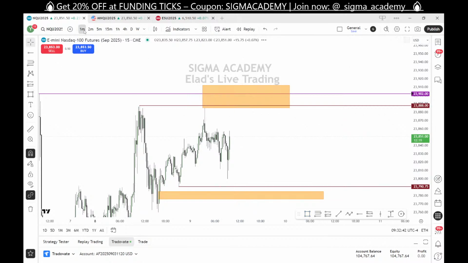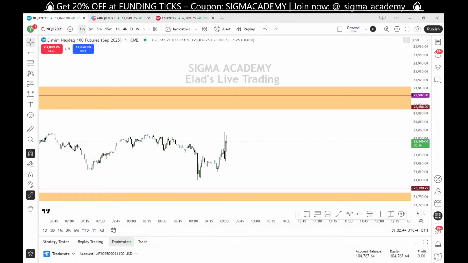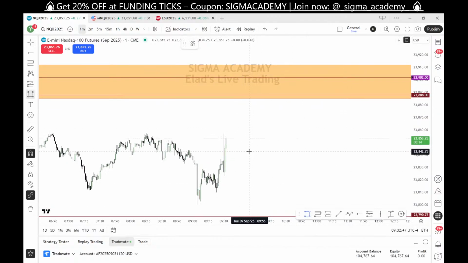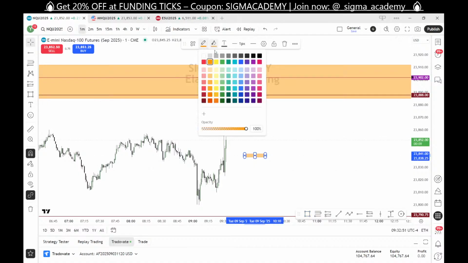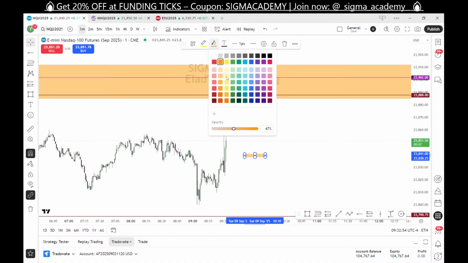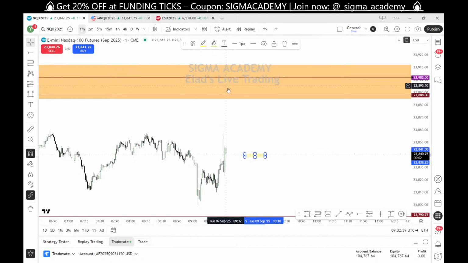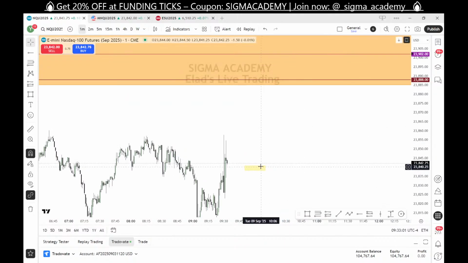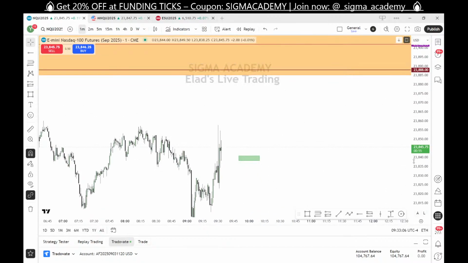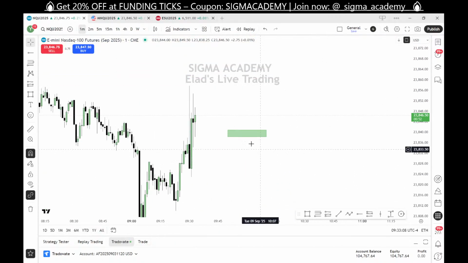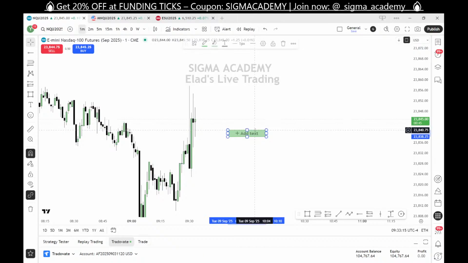I will go to the 1 minute. Around this time window, the marking is a yellow, kind of gold, a little bit darker. Let's make it green, okay? This is where I will prefer to take my positions, from 10 minutes before 10 a.m. and 10 minutes after 10 a.m. This is the macro time.